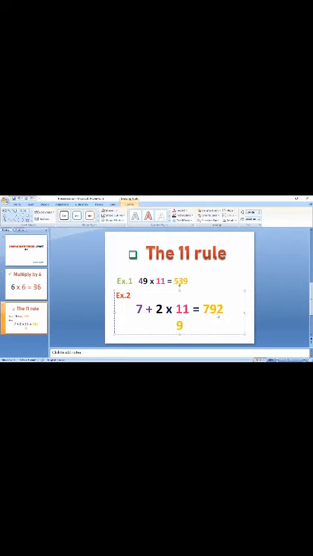If we get 2 or more digits, we have to add them to the first digit of the answer. But we got 9, it's a single digit. So we have no problem writing the answer. And we got the answer quickly, right? So 72 into 11 is equal to 792.